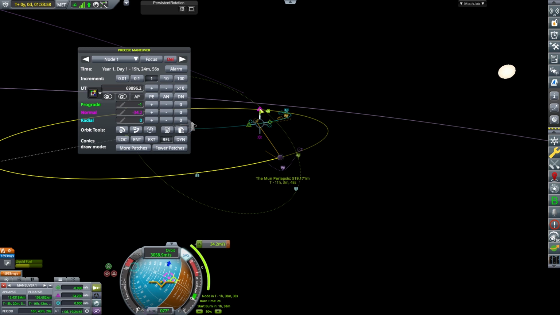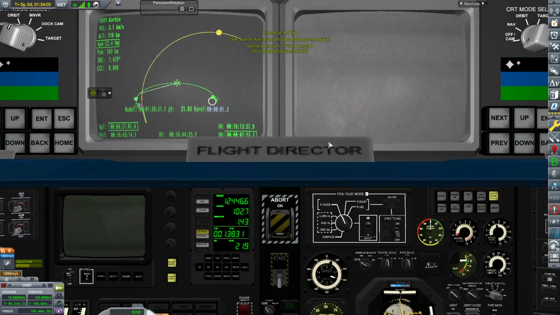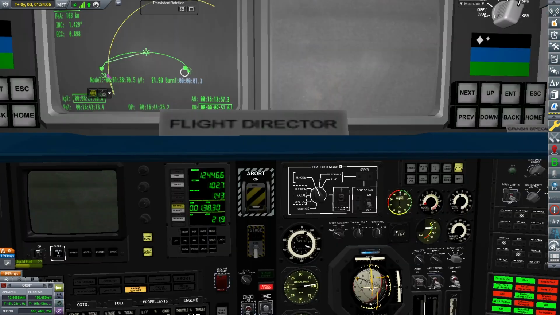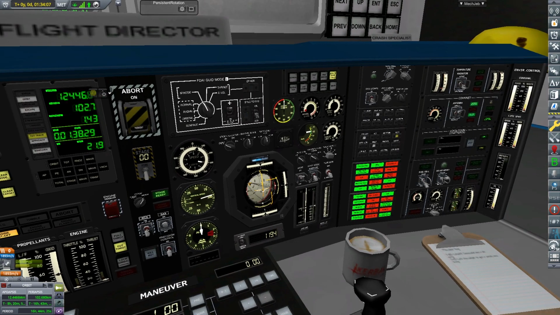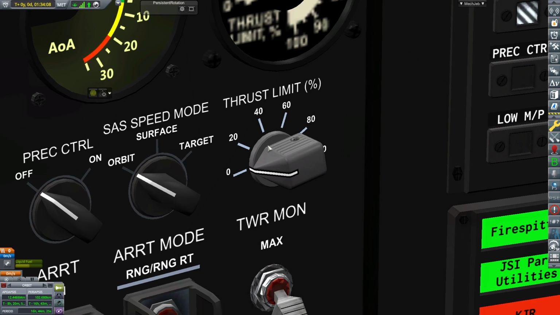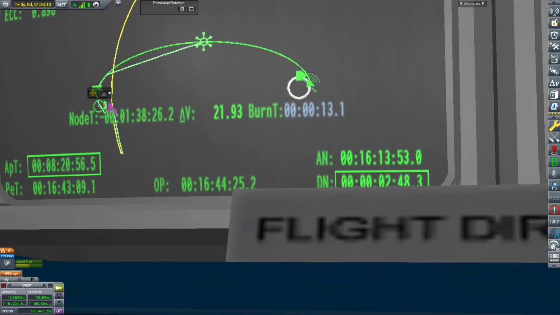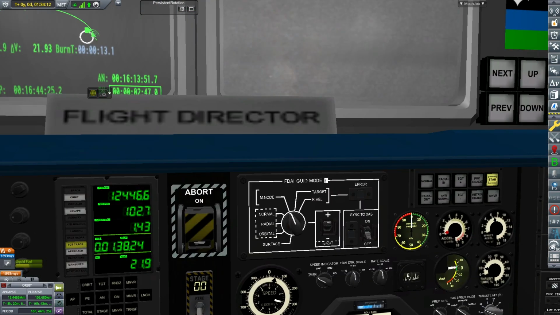So we're just going to kind of play around with the maneuver node maker until we get something that we like, and we want to have it below 250 kilometers, because that is the height limit for both science experiments, ScanSAT experiments. And we're going to turn our thrust way down, because this engine's fairly powerful, and so